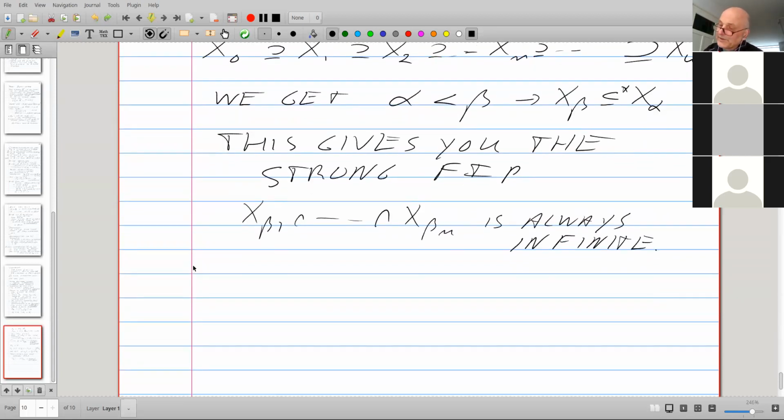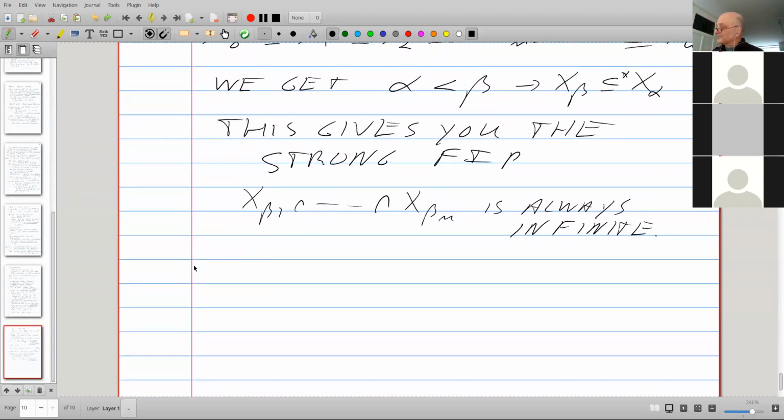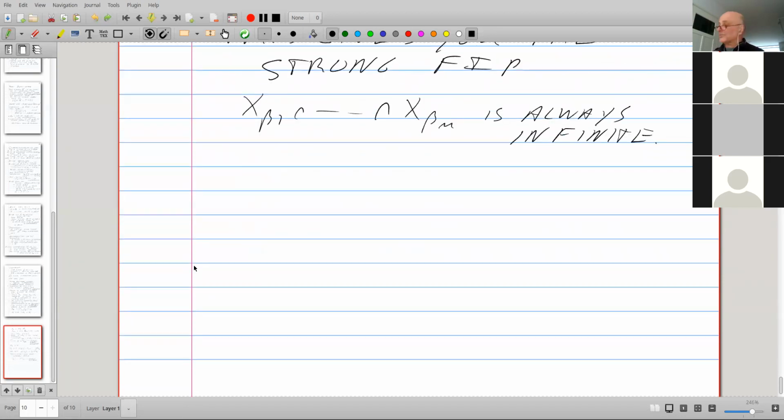And this completes that construction. Like I said, the selective ultrafilters will be back when we talk about measurable cardinals.